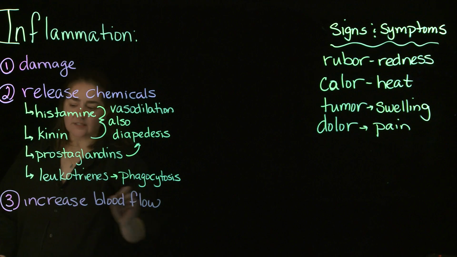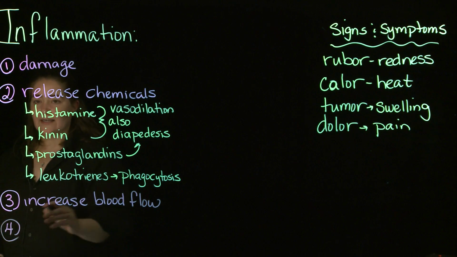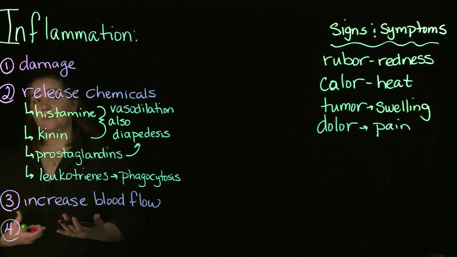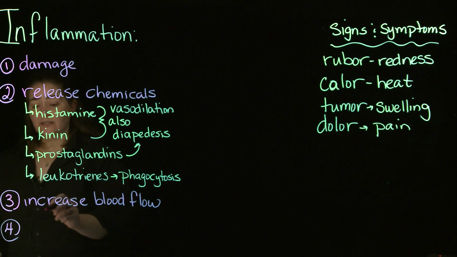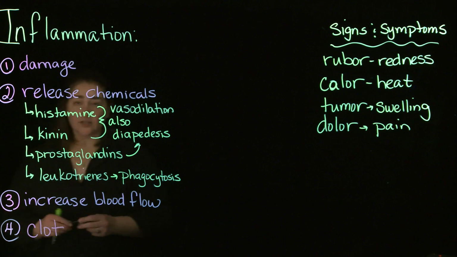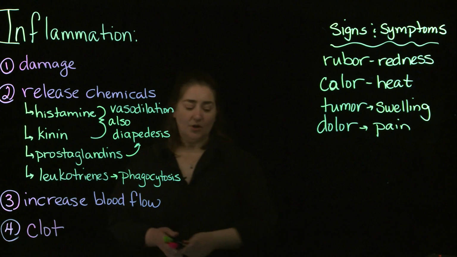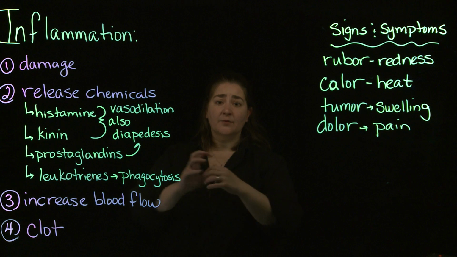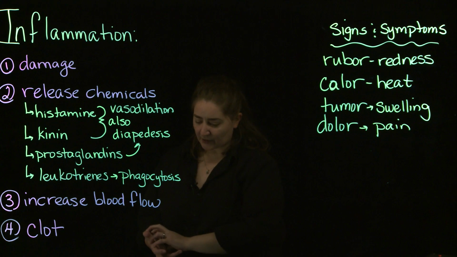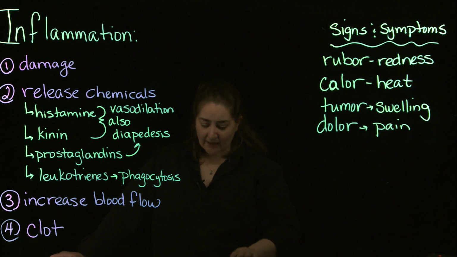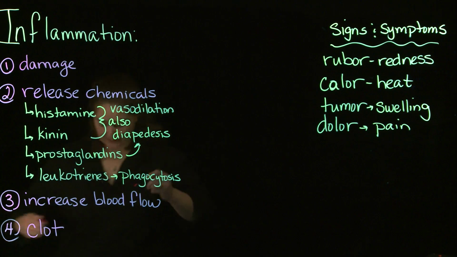And when you increase that blood flow and you bring in factors associated with the blood, you're not only bringing in the white blood cells, but you're also bringing in platelets. And those platelets are going to stimulate, because you've got damage to the tissue. You've got fibers that are exposed. Those platelets sit down on the fibers, and they're going to form a nice blood clot there. All right? And in terms of that, that clot will eventually progress